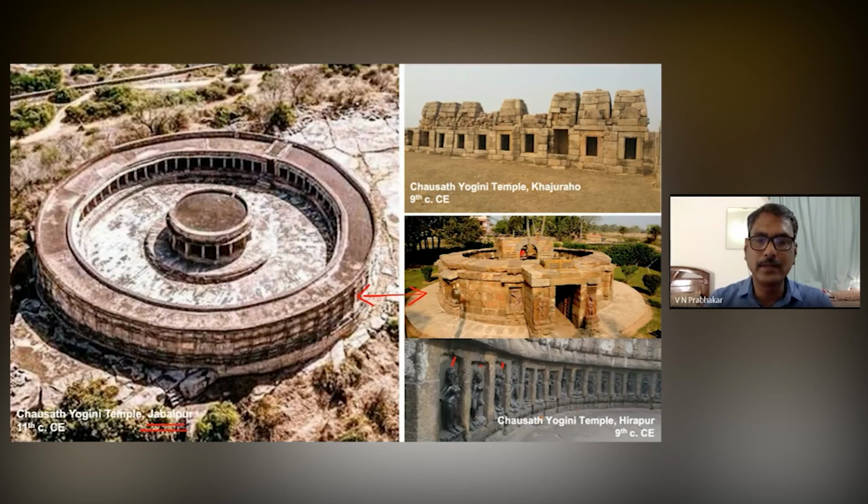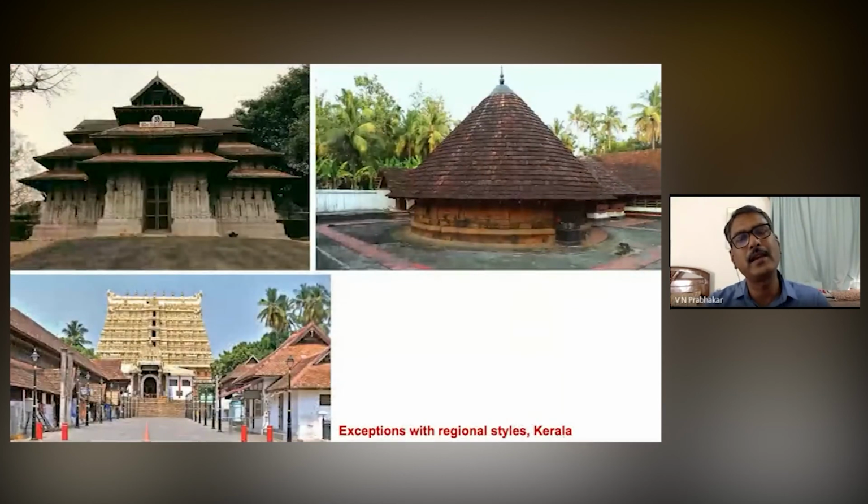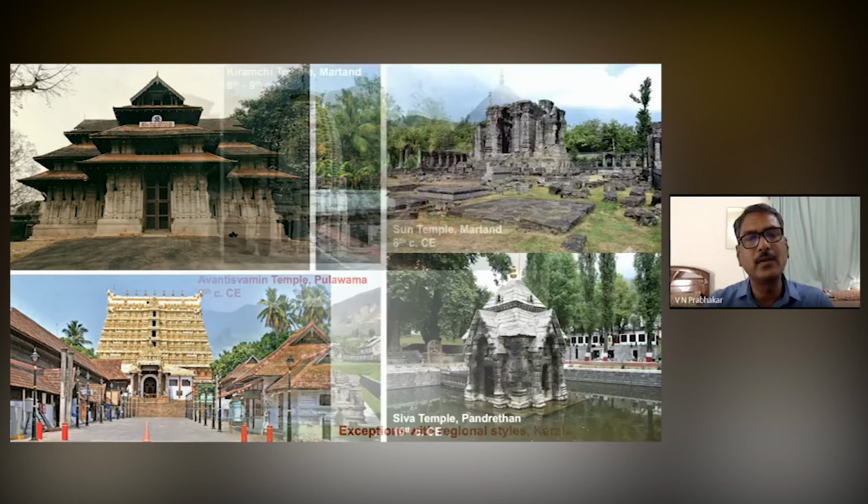So you can see the variations here, and also the regional variation in the case of Kerala, where a conical shape of roof covers the Dravida style of architecture. Here is a gopuram also. We don't have the tall gopuram here. It is with this kind of cascading effect of slanting roofs. But some exceptions are also there in the case of Kerala temples, like the Padmanabhaswamy temple, which follows the typical Dravida style of gopura.